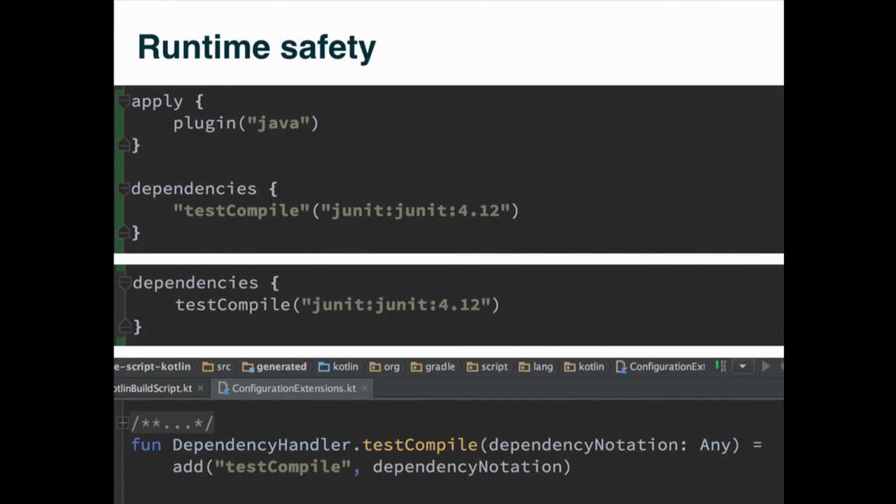Because at the end of the day, Gradle has a kind of fundamental dynamism to it. You may or may not apply certain plugins. And if you do, certain things become available. We have to accommodate that in some way. So another challenge is